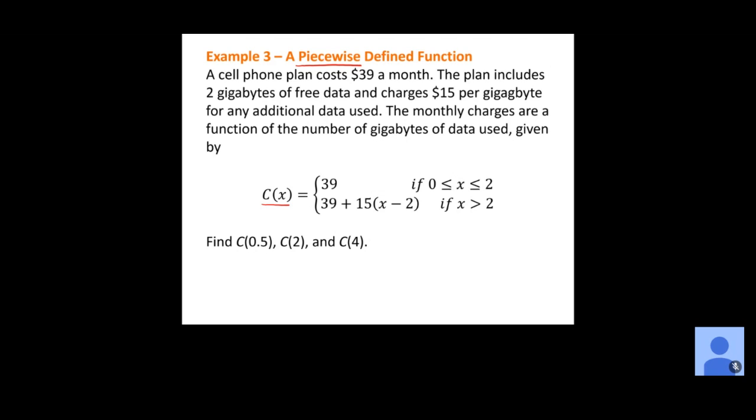All right, so if we want to evaluate our function this time, let's look here at C of 0.5. So the first step when we're evaluating a piecewise function is to figure out first which piece of the piecewise function are we using. Well, in this case, our x value is 0.5. Is that going to be part of the top part of your piecewise function or the bottom? It's the top, right? Because 0.5 is between 0 and 2. That means we're using the top piece. And so what's the value of C of 0.5 going to give us?